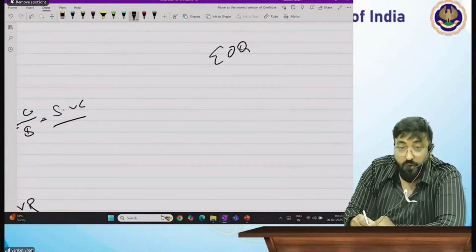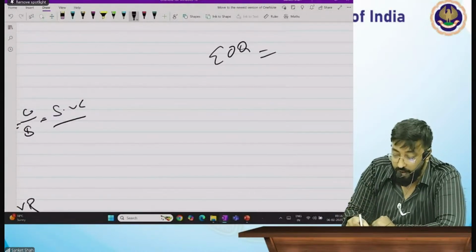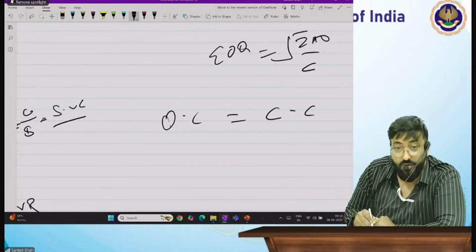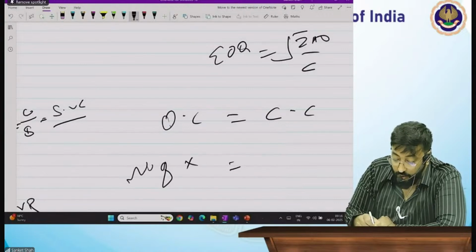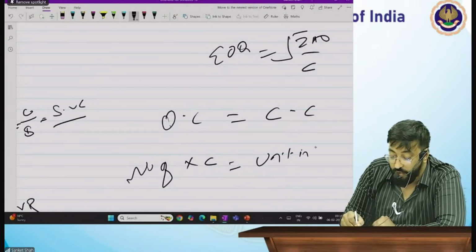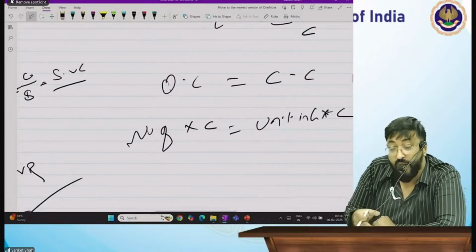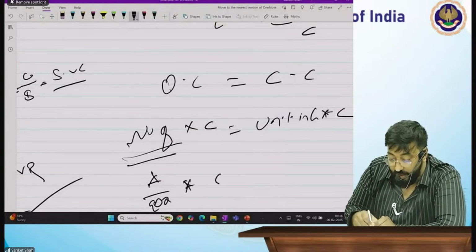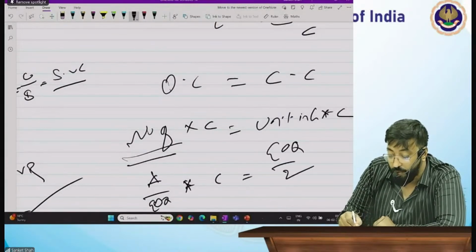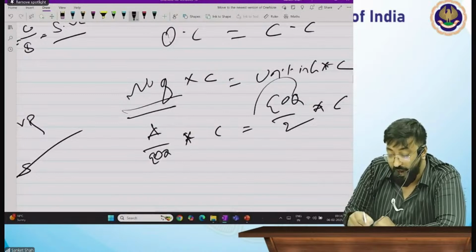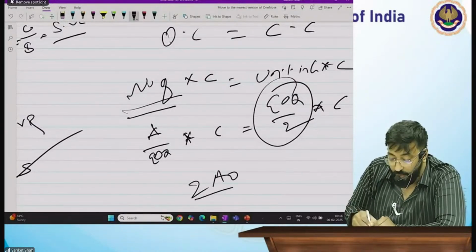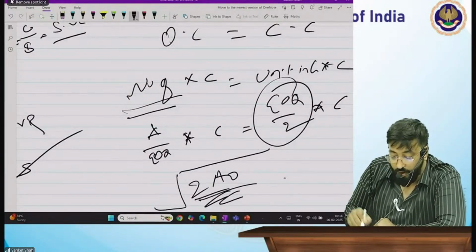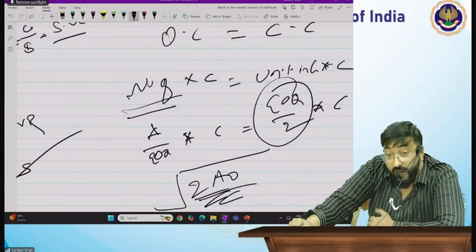ओके, तो ये हो गया तो अपने आप सभी फॉर्मूले याद हो जाते हैं। इफ आई आस्क यू ईओक्यू को डिराइव करो, तो यू नो दी फॉर्मूला अंडर रूट ऑफ 2AO अपॉन सी। बट हाउ इट इज डिराइव्ड? ऑर्डरिंग कॉस्ट इज इक्वल टू कैरिंग कॉस्ट। ऑर्डरिंग कॉस्ट इज इक्वल टू नंबर ऑफ ऑर्डर्स इनटू कॉस्ट पर ऑर्डर। कैरिंग कॉस्ट इज इक्वल टू यूनिट्स इन गोडाउन इनटू सीसीपीयू सीए। नंबर ऑफ ऑर्डर्स कैसे निकाले जाएंगे? एनुअल रिक्वायरमेंट डिवाइड बाय ईओक्यू इनटू सी। यूनिट्स इन गोडाउन मतलब ईओक्यू अपॉन 2। हाफ गोडाउन में जाता है, हाफ प्रोडक्शन में जाता है, इसलिए हाफ लिया जाता है। एंड इफ यू डिराइव इट तो आपको ये फॉर्मूला मिलेगा। और अंडर रूट किया तो, क्योंकि यहाँ पे ईओक्यू स्क्वायर मिलता है, तो अंडर रूट ऑफ 2AO अपॉन सी विल बी दी फॉर्मूला। तो ये फॉर्मूला डेरिवेशन आपको आना चाहिए।